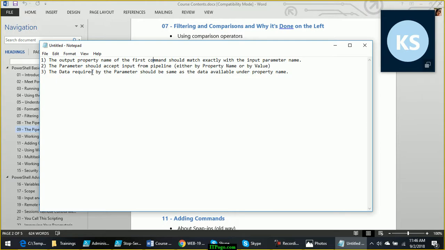That is the first rule. The parameter should accept the pipeline input, and third is data type. The data type requirement should be met.